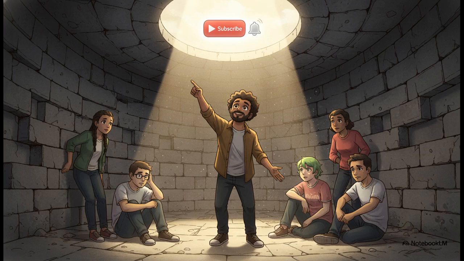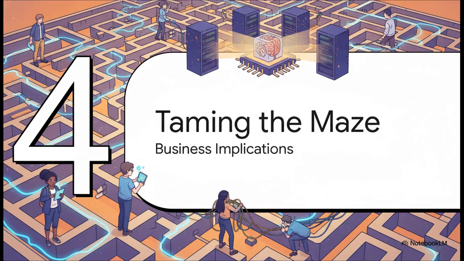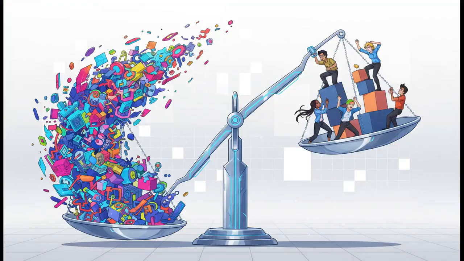All right, we've seen the problem, we've felt the pain, now let's talk about the solution. It is time to finally tame this maze. The first thing you have to get your head around is this. The more flexibility and choice you have, the higher your management cost is going to be. It's that simple. Java's freedom was amazing for development speed, but it came with a price tag, making everything much, much harder to control. Just accepting that fact is the first step.